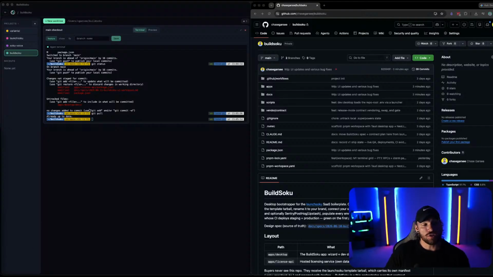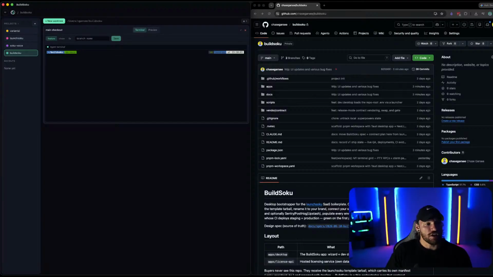So I'm actually going to try and use Build Soku to build these features within Build Soku. Obviously this is the production version, just the build. I found out earlier, I wasn't really paying attention, unshockingly, that when you make changes to the app that you're using, in the app that you're using, there are refreshes, and so it kills the terminal. Like if you hard refresh any app, it's going to kill the terminal. So yeah, that was fun. But anyways, I know I want to work on one feature right now, and so let's